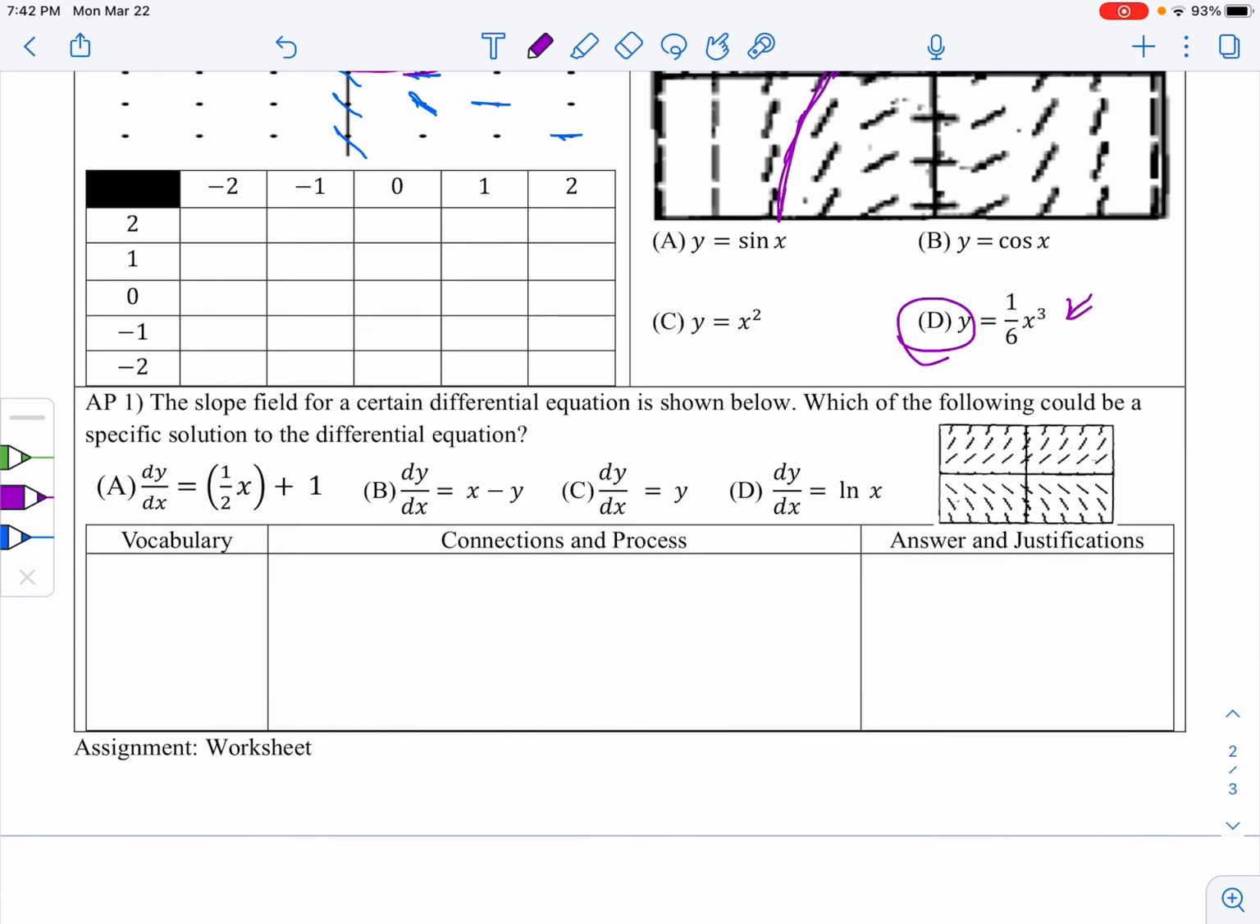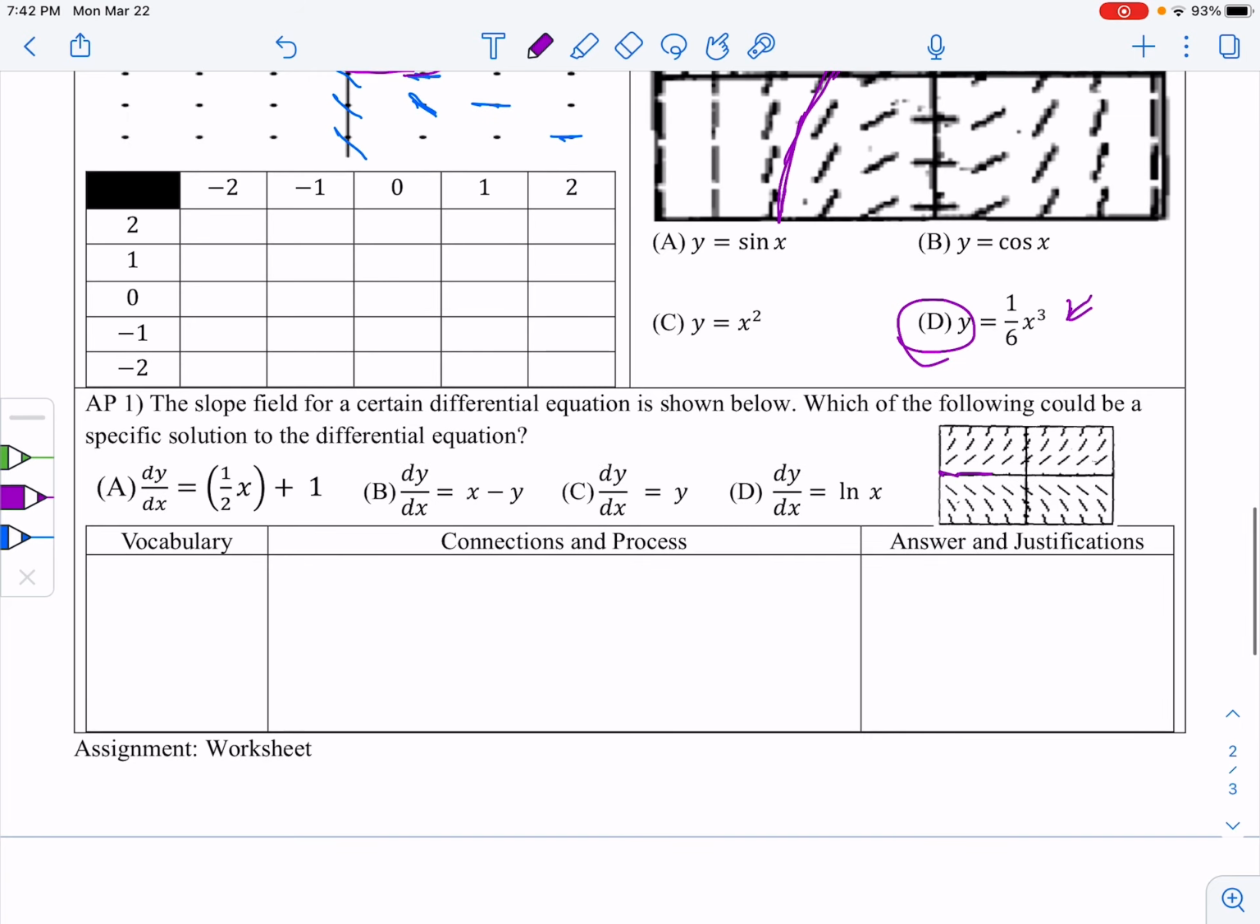Same thing here. Slope field's given. Specific solution. Well, it looks like it's coming along this way. Goes up like that. What kind of graph is that? Natural log graph? This could be a natural log graph going this way. So my guess is this one. It's not, right? If I differentiate this, you're getting an x squared. If this was the graph,